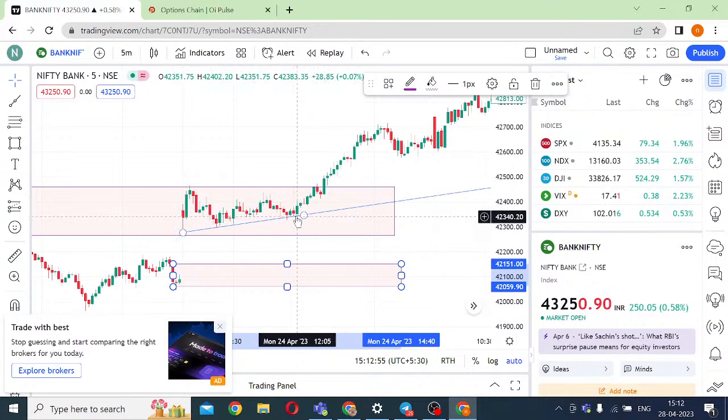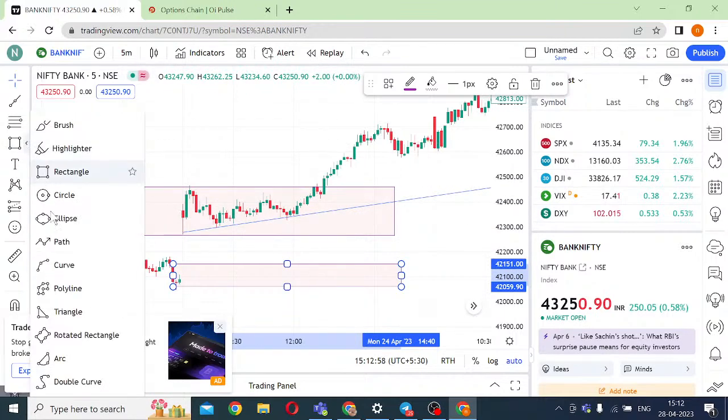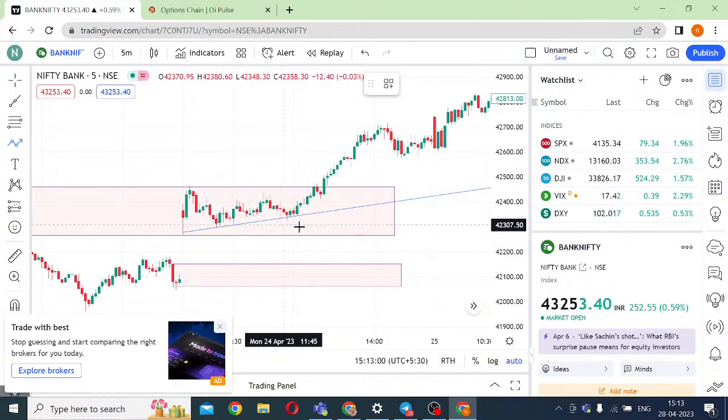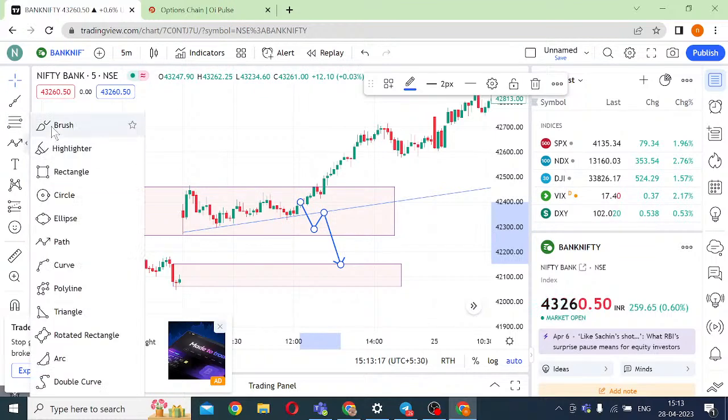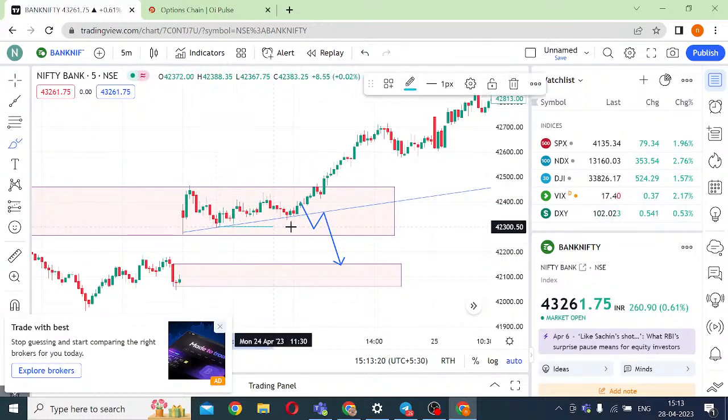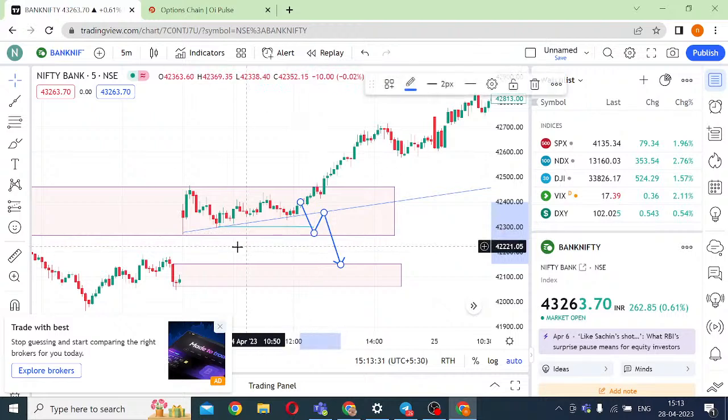If this trend line breaks down, do not be in a hurry to enter the trade. The market will give you an opportunity. Typically, consolidation is happening towards the lower end of the trend line. What happens? It goes up, gives a leg out candle, breaks down, and then creates this. So the way the price action moves is you will have a move below this area. This area should be taken out by this move. This low should be taken out, but this low should be protected. The first low which has been created should be protected.